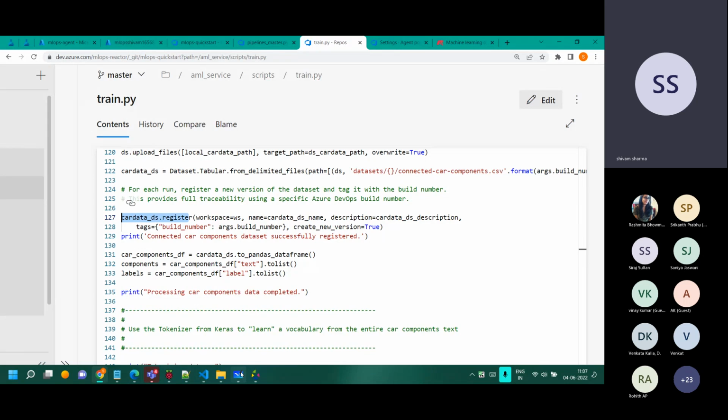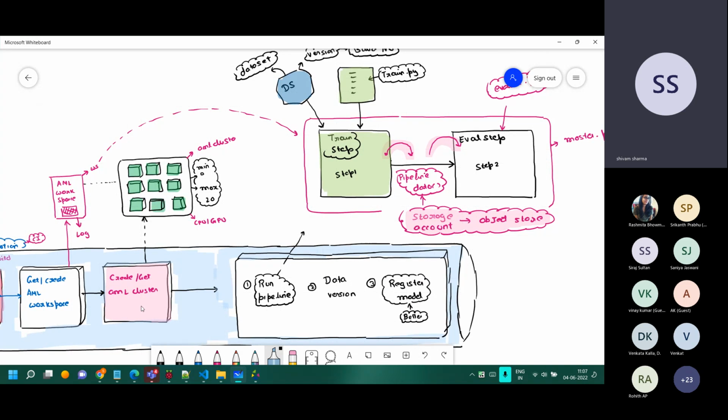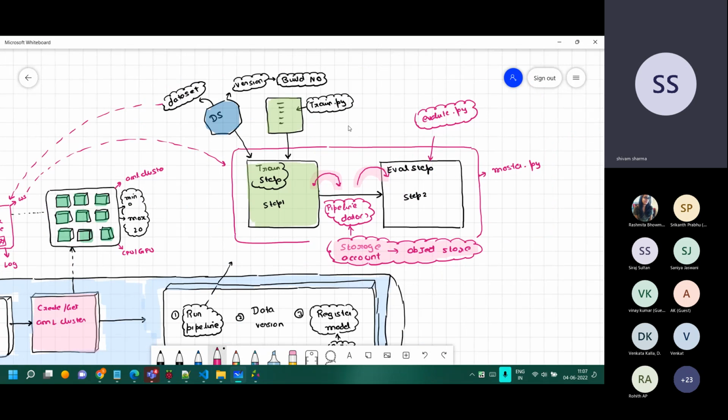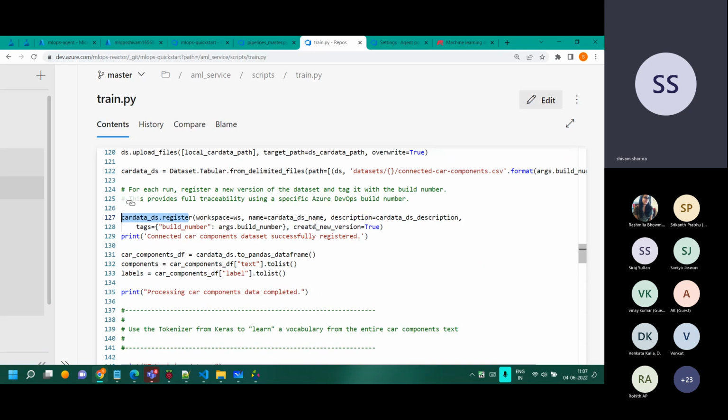The model definitely trains, that's a nice, interesting part. But for MLOps, the data set, you see this one over there, is getting registered right now. The registration happens in this location, where we have the data registry, where everything gets registered.